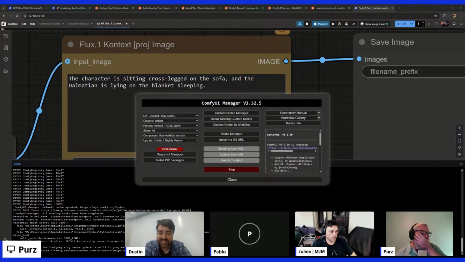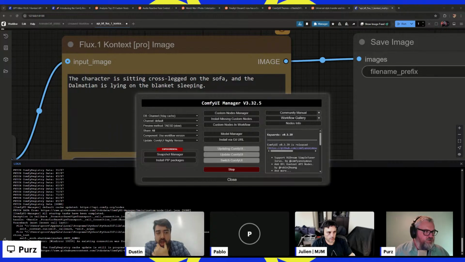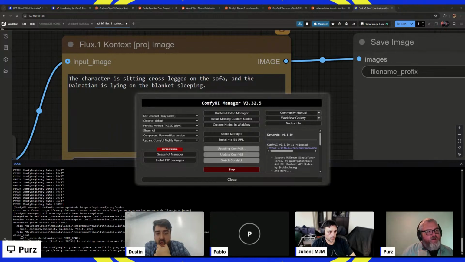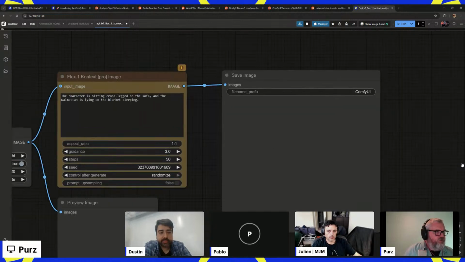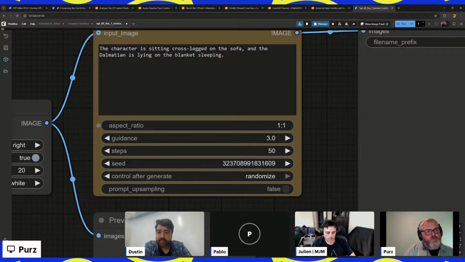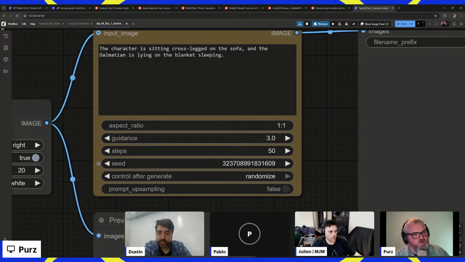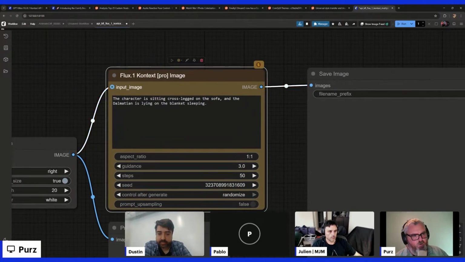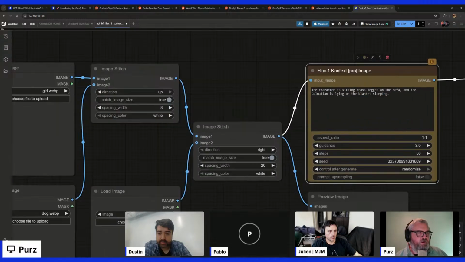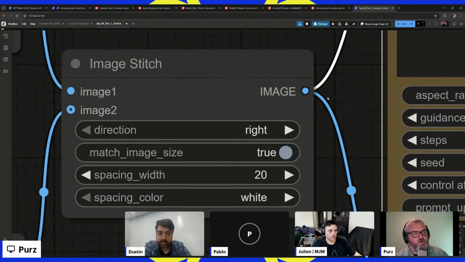But yeah, just want to make sure I have the latest version because sometimes the API stuff changes. But yeah, just to walk through the workflow while this reloads here. We have aspect ratio, guidance, steps, seed, the seed behavior, and prompt upsampling. You can feed an image in or not, and you can use these brand new image stitch nodes that are Comfy Core now